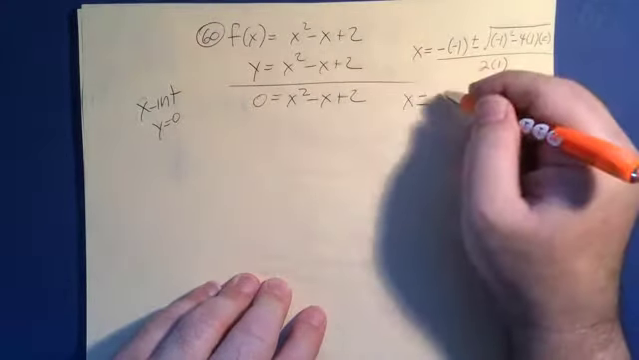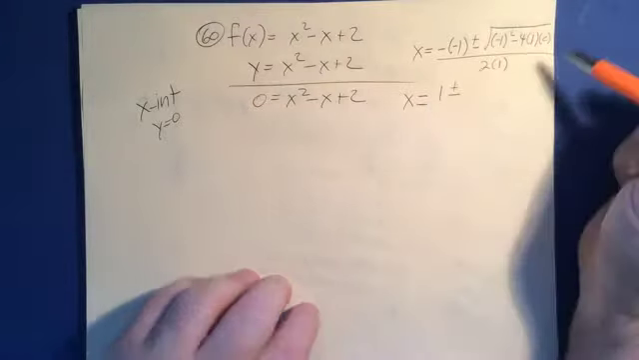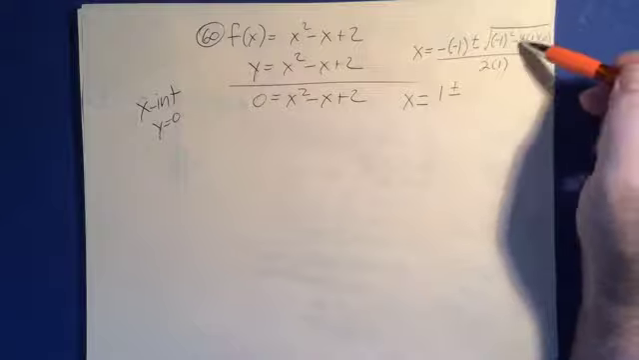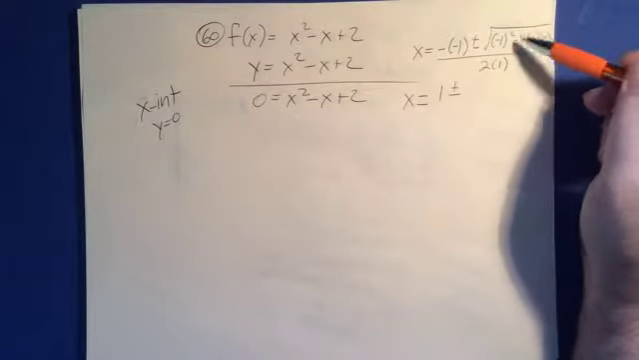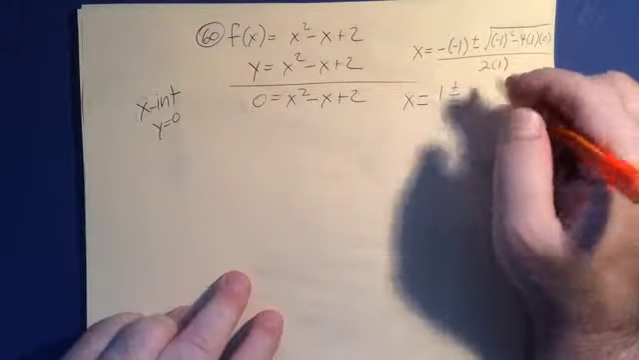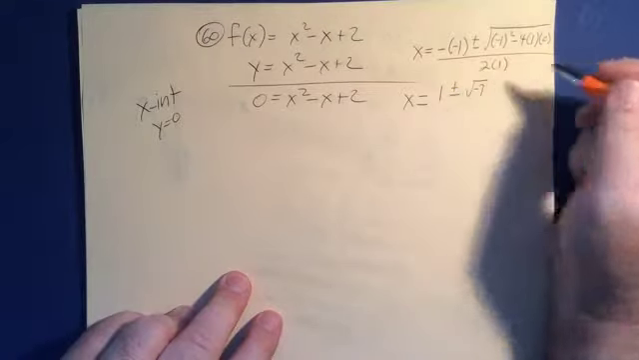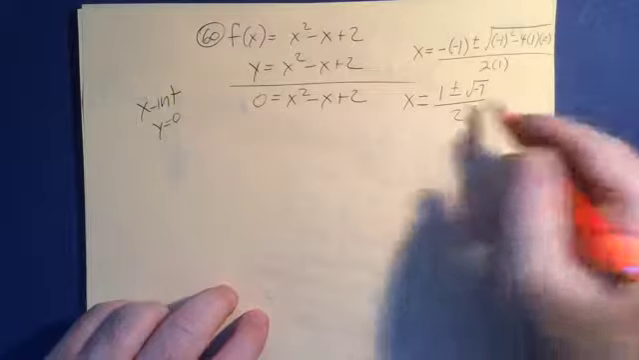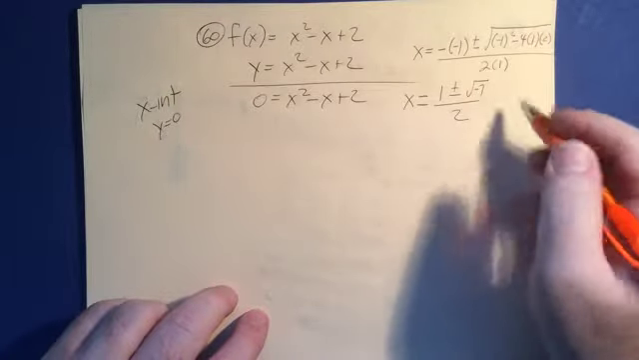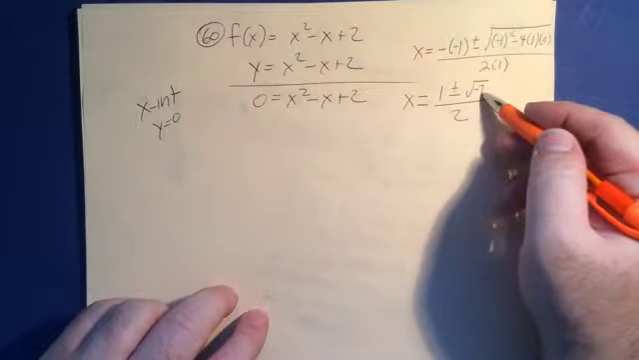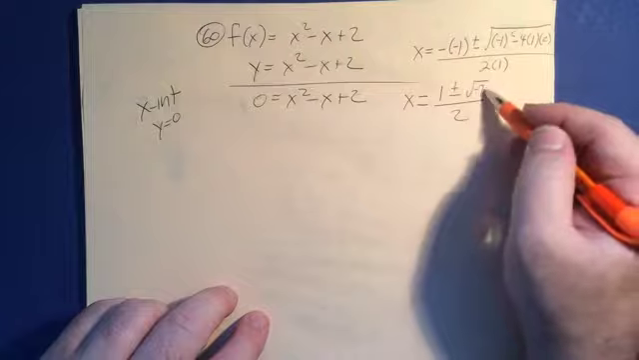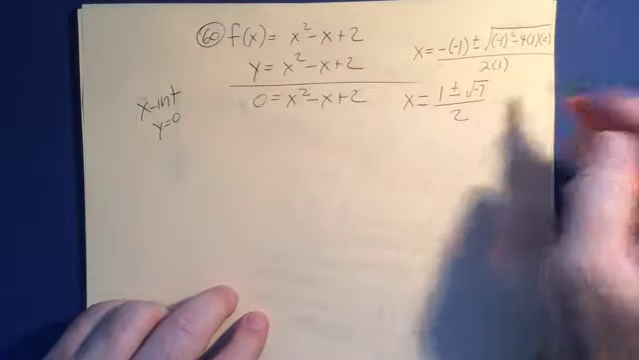So x is going to equal 1 plus or minus, well, negative 1 squared is 1. But then we have 4 times 1 times 2, which is going to be negative 8. So 1 minus 8 is going to be radical negative 7, and that's going to be over 2. In this case I need to split these up, because since we have a negative 7 under a radical, we're going to have to put this in complex form because we're going to get an imaginary number in this part, which is going to make the solutions